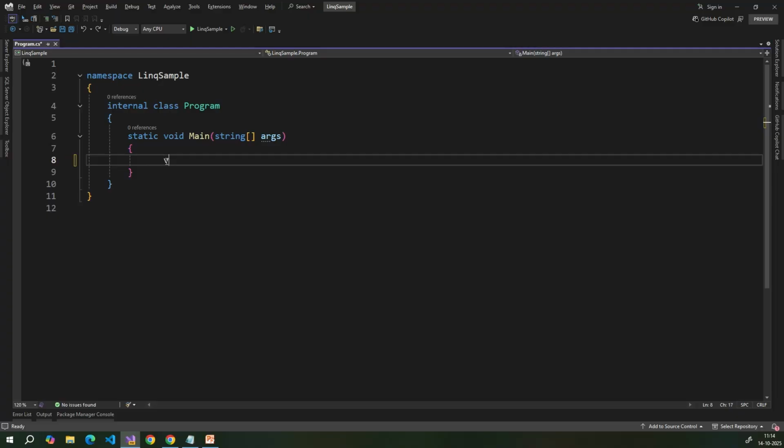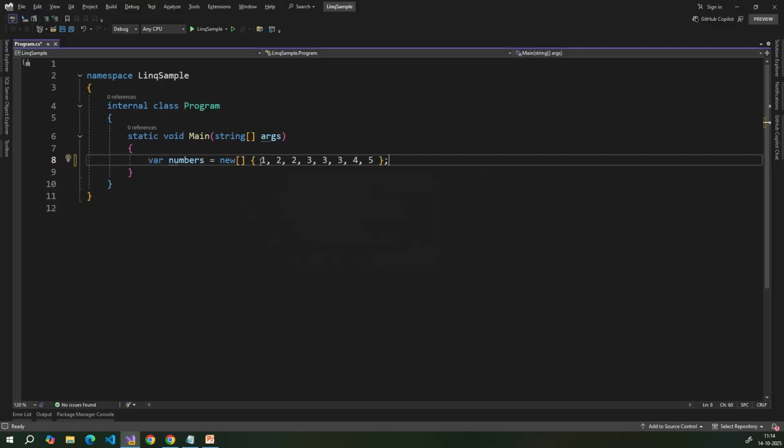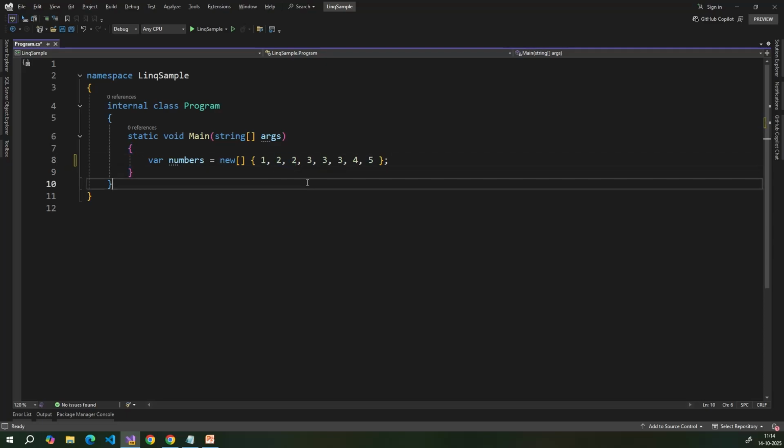Declare an array where numbers equal to new. Here we declared one array. This array contains these numbers. So here 2 is repeated 2 times and 3 is repeated 3 times. Here the count of 2 is 2, and 2 is the duplicate, and the count of 3 is 3, and the duplicate is 3. So here we need to print these two duplicated numbers and the count of duplicated numbers,